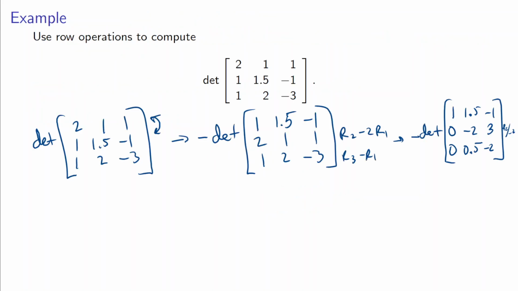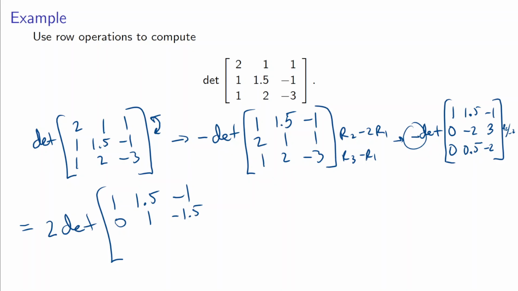So we'll have -2, and we already had a negative sign here, so -2 times a negative ends up being just 2 times the determinant of whatever we get when we scale that. So 1.5, -1, 0, 1, and then